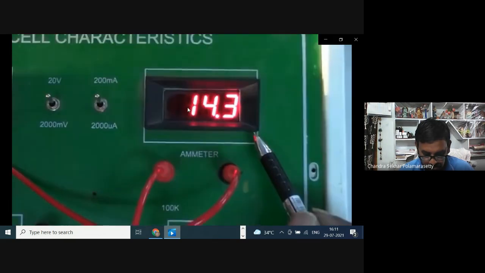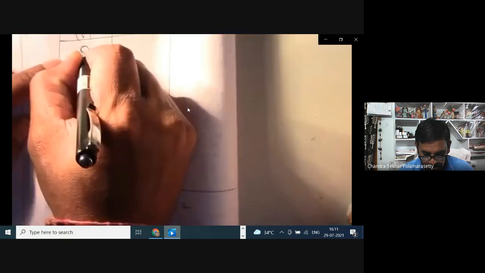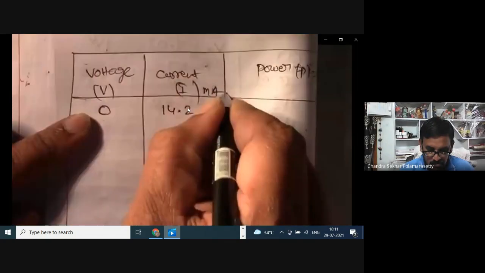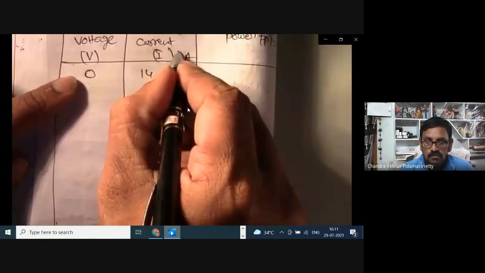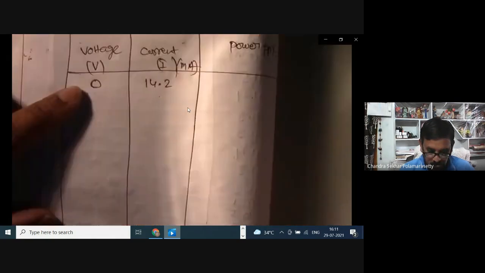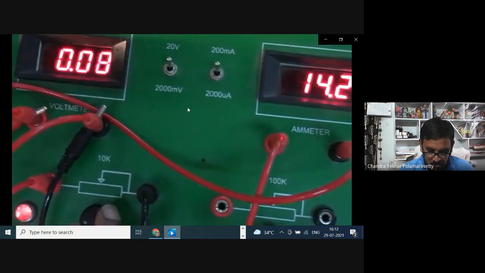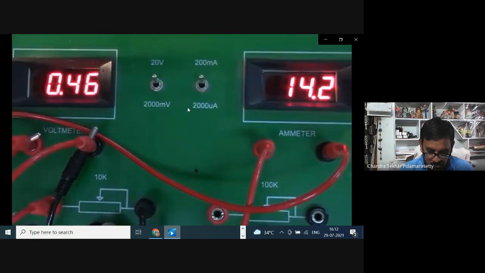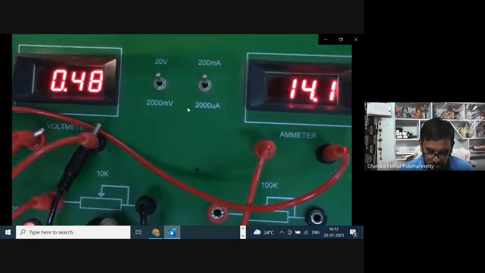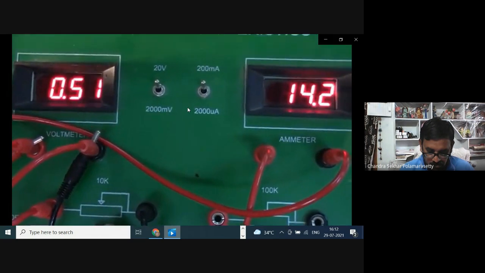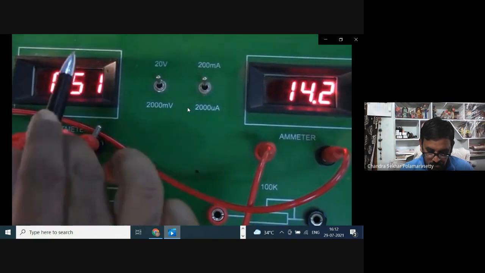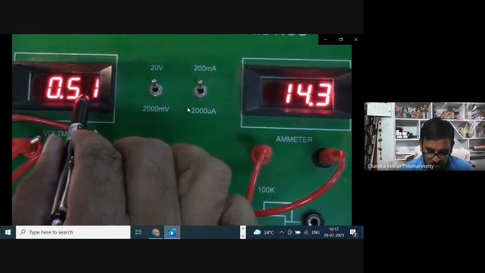After that, you have to ensure the resistance is at a minimum position. If it is at a minimum position, then you have to do one more thing. The voltmeter reading has to show zero value. How to get zero value? Now you see here. Adjust the distance between this solar cell and this source of light in such a way that you get a 0 volts voltmeter reading. So I am increasing the distance.